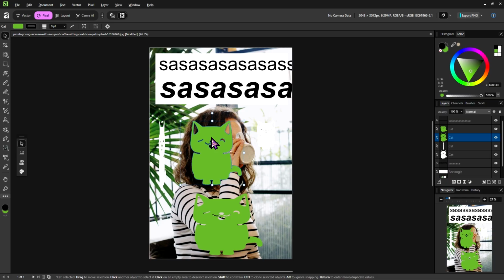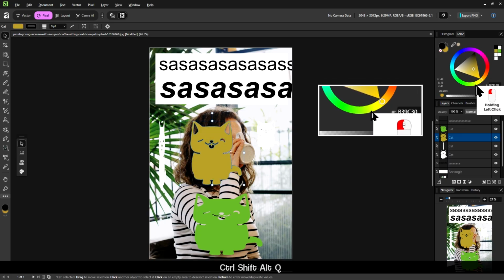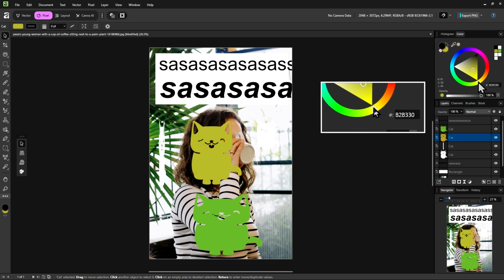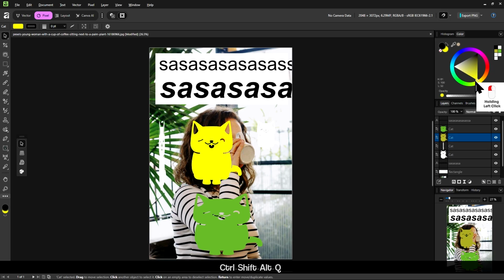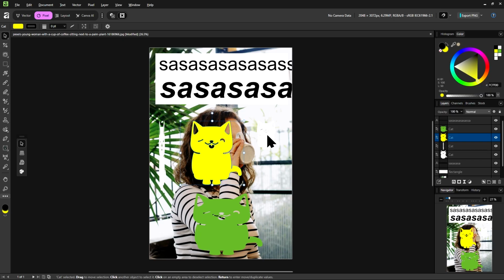And now, since this cat is selected, if we go into the color panel here and we play around with this color triangle, as we can see, we are playing with the color of the green cat. I did say I want to make it yellow, so let's move it to this yellow here, and then drag it all the way down, and we have this bright yellow cat.